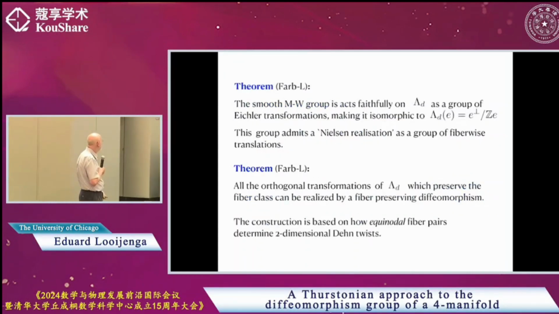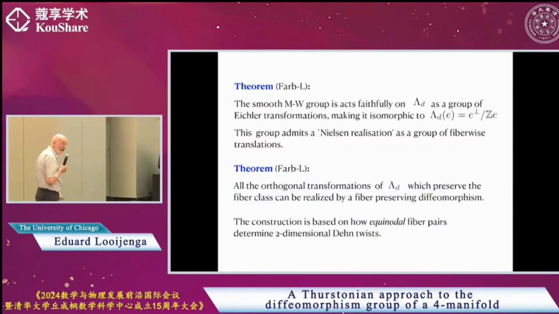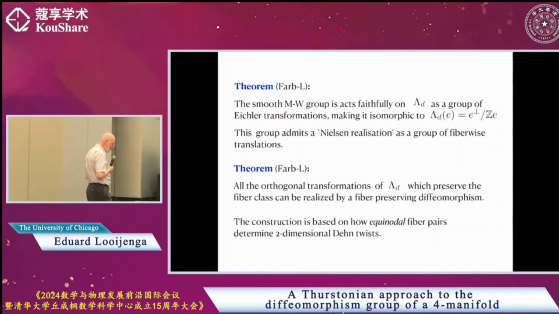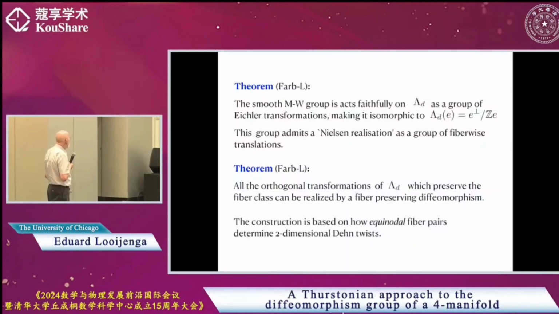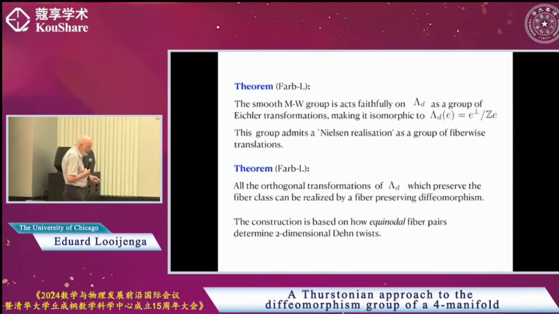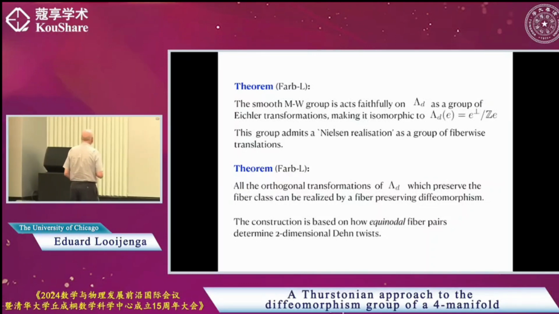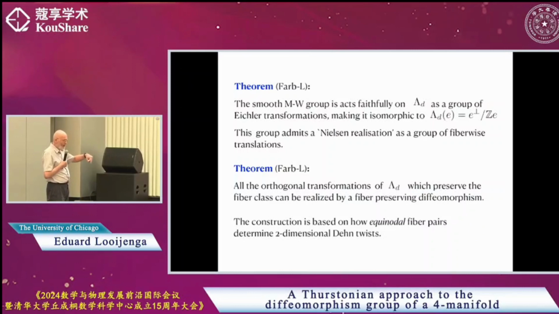So here are two theorems. The first one is that this smooth Mordell-Weil group is faithfully represented on the second homology group, abbreviated here by the letter D. And it is realized there as what are called Eichler transformations. Doesn't matter so much what that means, but let me just say that these are the transformations that you expect